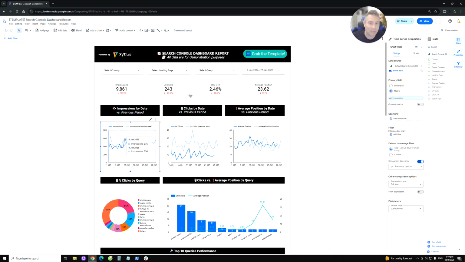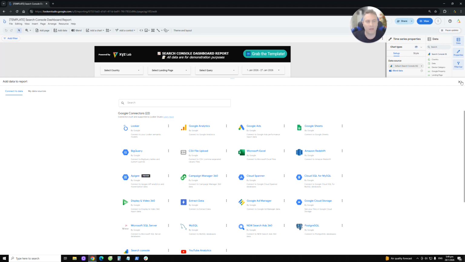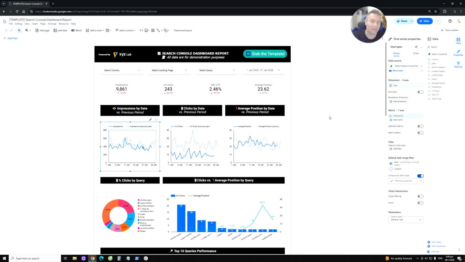for individual tables, for individual graphs. There is also a way to click, for example, on a scorecard or a chart or a table, and then the same drill, you go on the right hand side under Setup column, under Data Source, and you can connect here a different data source. But if you do it like this, then you're